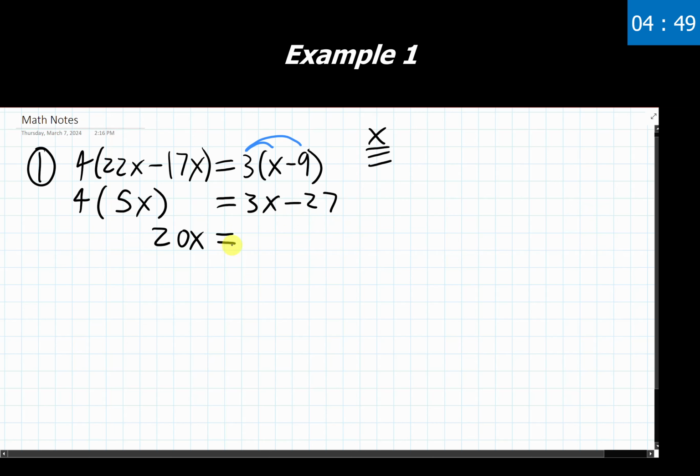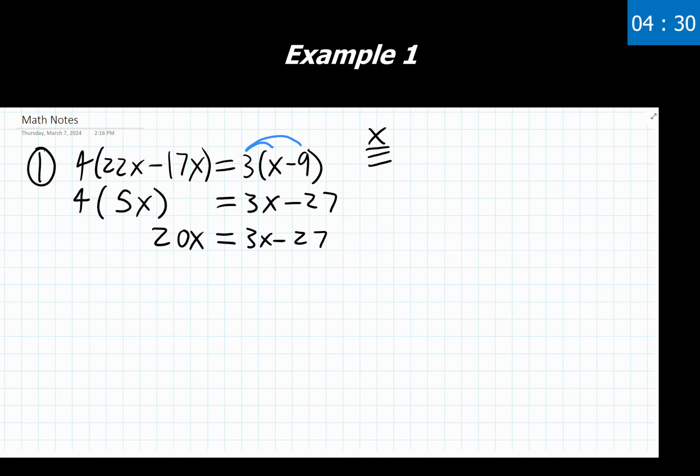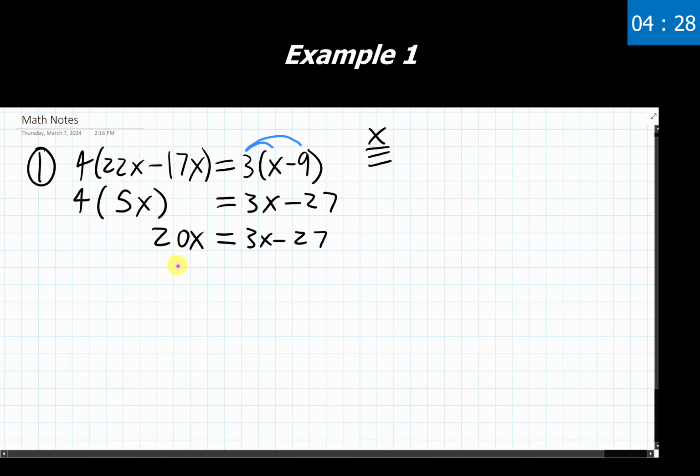Looks like I have an extra line showing up here, so I'm just going to bring this side down and rewrite it like this. There's absolutely nothing wrong with rewriting something from one line to the next if it's staying the exact same, but a lot of people think there is, and I just want to debunk that right now. Nothing wrong with doing this. So now, great, we've just finished step 2 in our overall process.